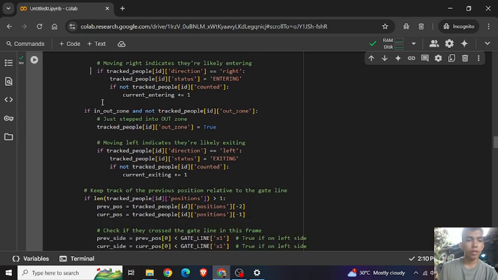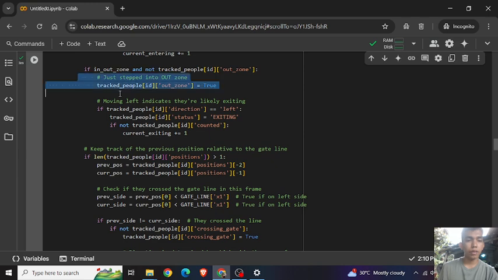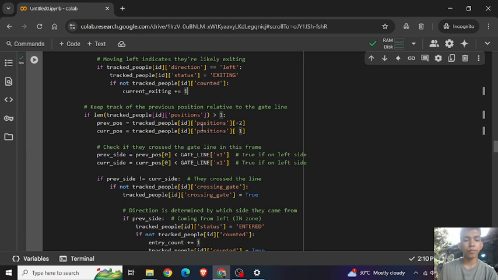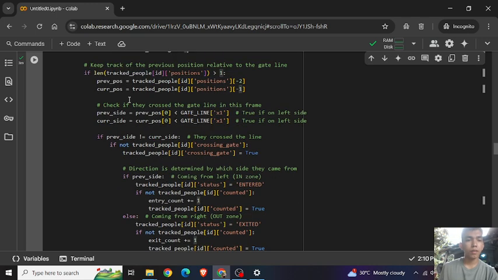Then this code has similar logic for people moving left into the out zone. Then if len track_people id positions is enough, get the previous and current positions.